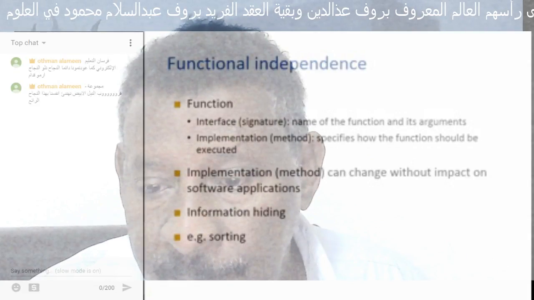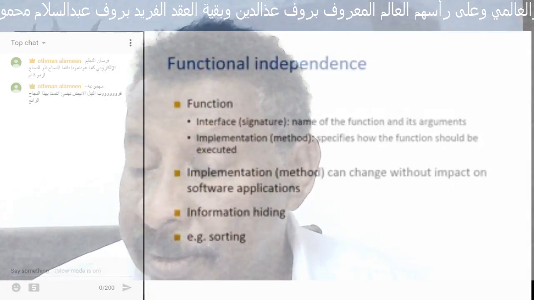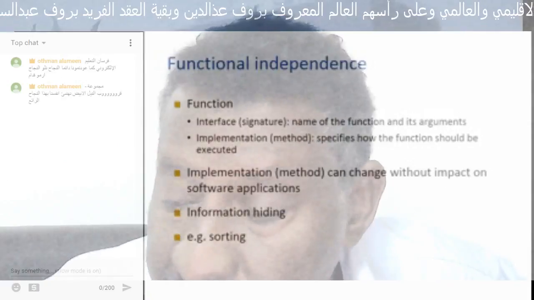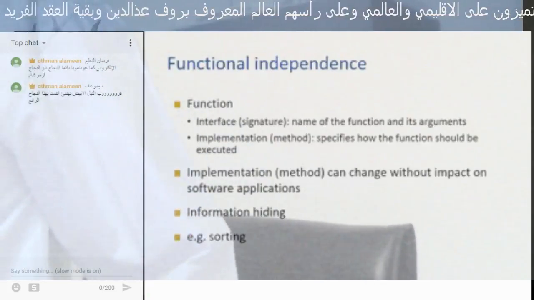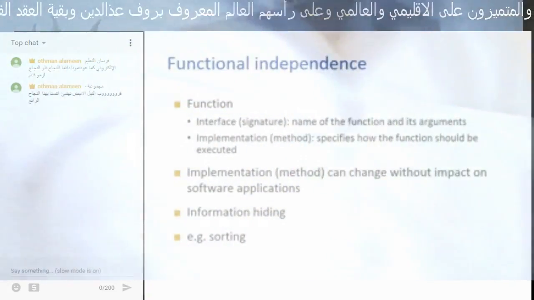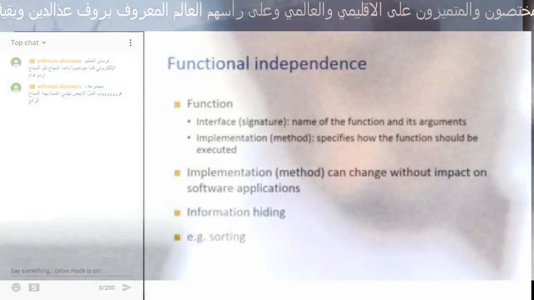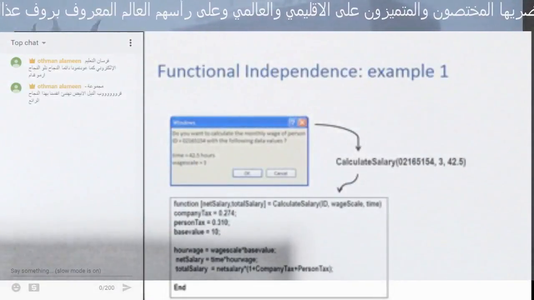A function basically has two parts. It has an interface or signature, which is the name of the function together with its input parameters, its input arguments that are needed to perform or calculate the function. A function also has an implementation or method, and the method is basically going to specify how the function should be executed. Let's give an example of a function. Here you can see a function calculates